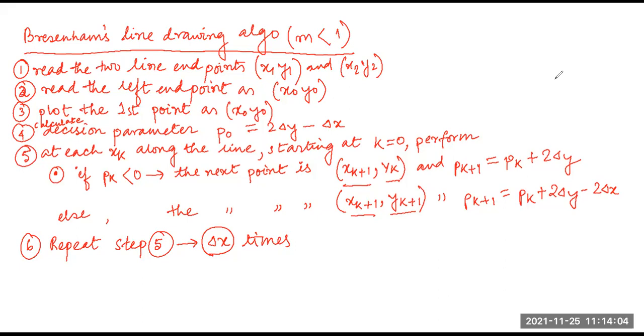After 6, 5, 7, 6. 7, 6 is the right answer. If you are having 7, 5, then somewhere you are doing a wrong calculation. Okay. After 7, 6, 8, 7. Good, very good.